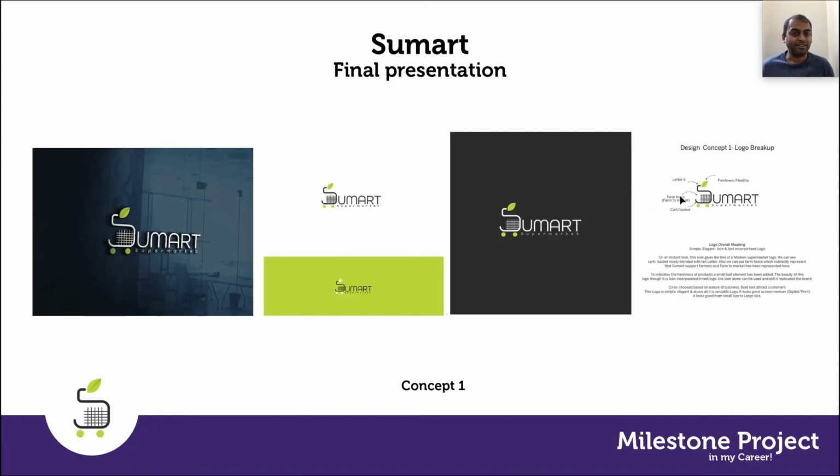And it is not that I shared just the logo alone. In the final presentation, how I usually share it, I share a mock logo on different backgrounds. It will be on a light background, it will be on a dark background, and also a single color logo, how it will look. So all these variations I showcase to the client. And also I explain the logo breakup, whatever I told you just a few minutes back. The letter S,